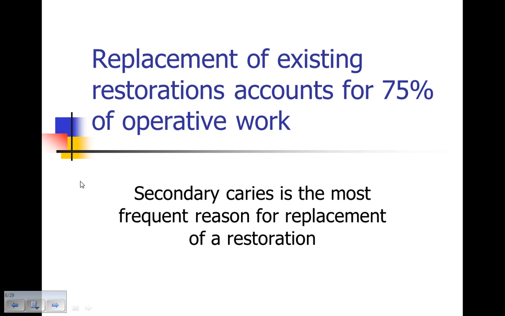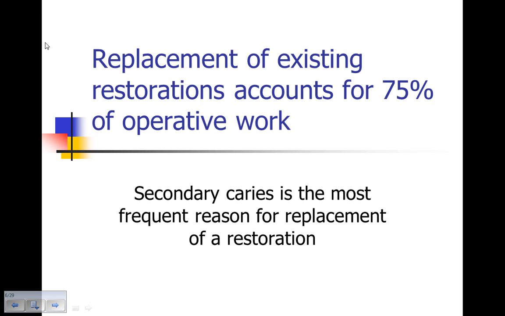And think about this. Replacement of existing restorations accounts for 75% of all the operative treatment we provide. In fact, when you're in the clinic treatment planning patients, the majority of your patients won't have initial carious lesions for the treatment that you'll be offering, that you'll be replacing existing restorations due to some of the things we just spoke about, and we're going to see some examples. And as I mentioned earlier in this e-lecture, we'll be looking at examples throughout our decision and treatment planning